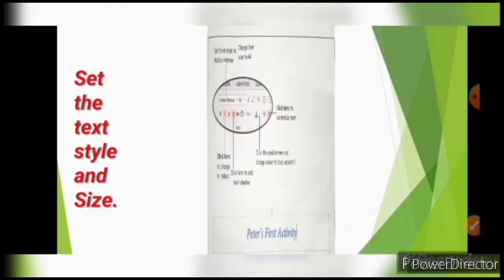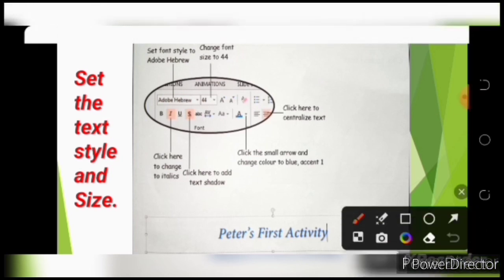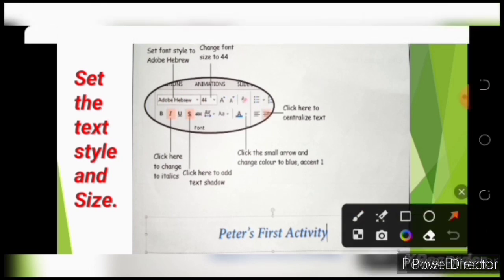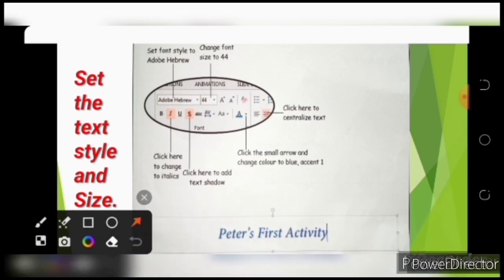Here we'll set the text style and size. This is the third step. The third step is to set the text style and size. I said this in our previous lesson. If you want to set the text style and size, that is, you want to set how you want your text to look, first of all, look at the text below. Peter's first activity, this very text. Now if you want your text to look like this, you can click in